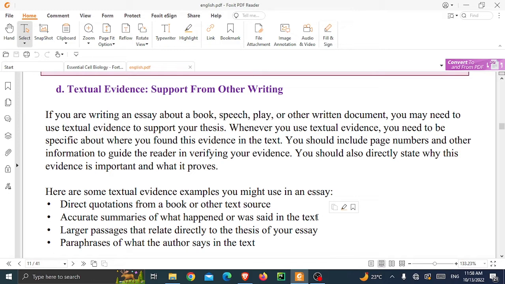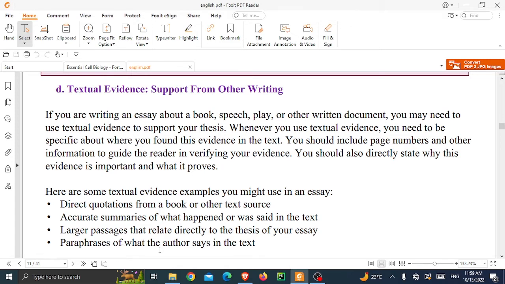And that is what I know I'm repeating it a lot, that you're going to use it in the bio lab, but that is what's actually going to happen, and it might help you a bit. And we have larger passages that directly relate to your thesis or your essay, which means there is something mentioned in a certain book, so you will mention that thing with paraphrasing of course, and you will cite it, because it helps strengthen your essay, or it will help you put more words and more meaning